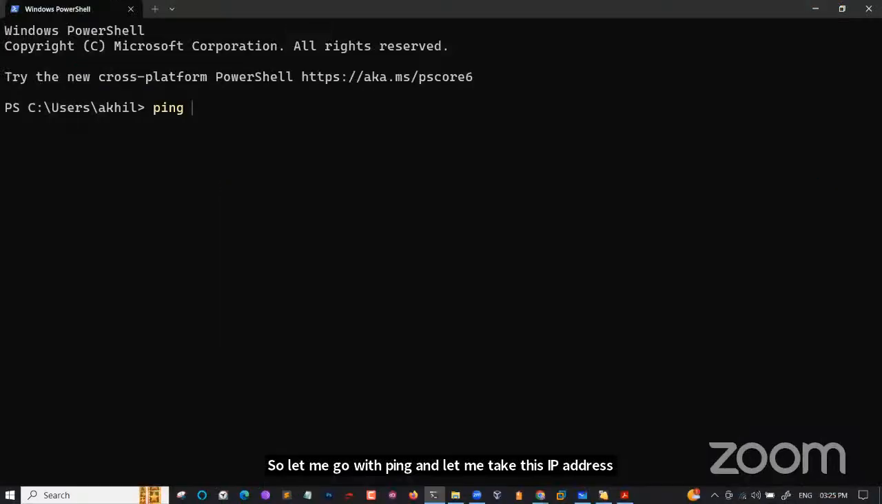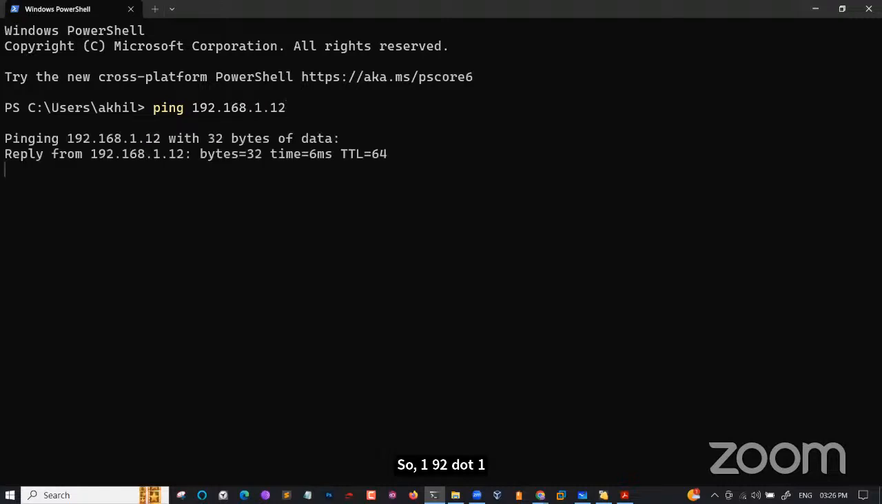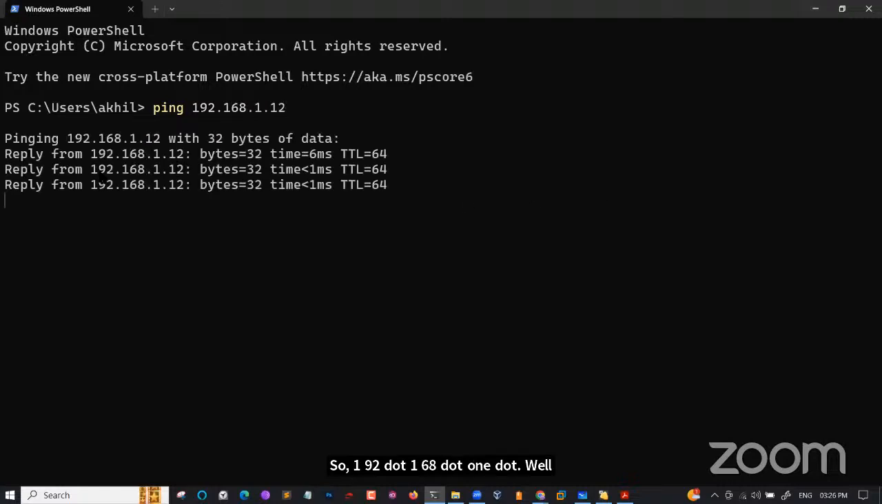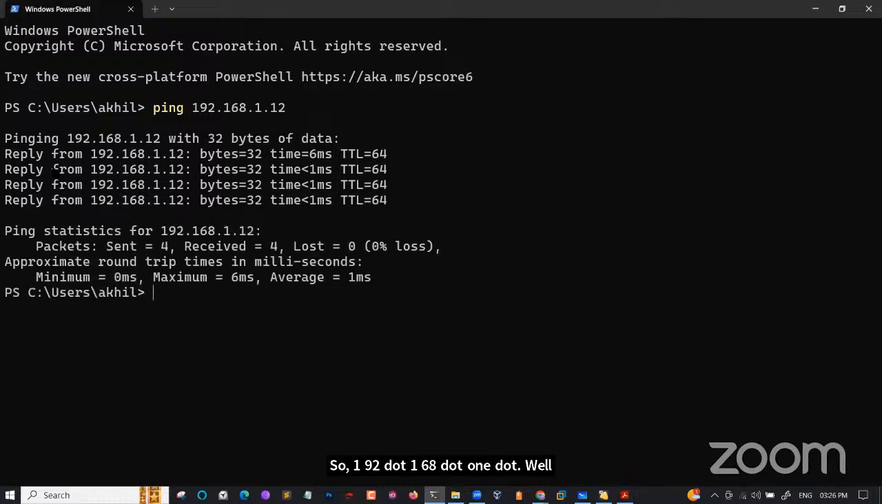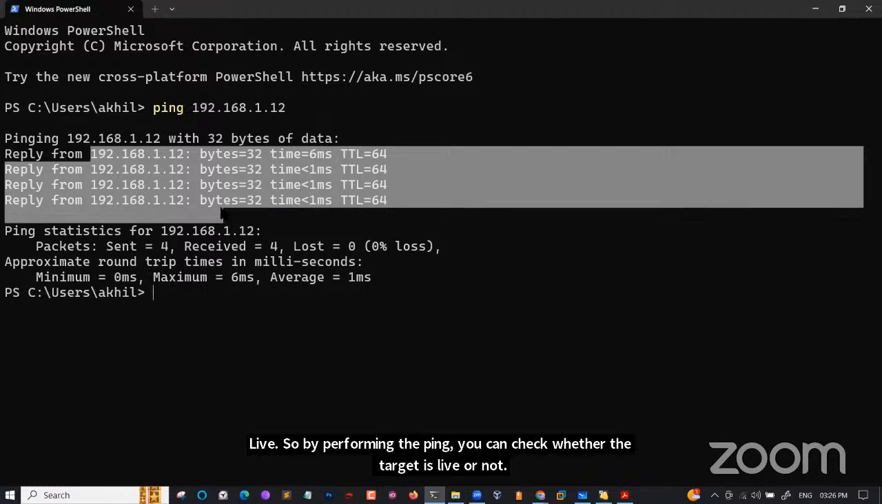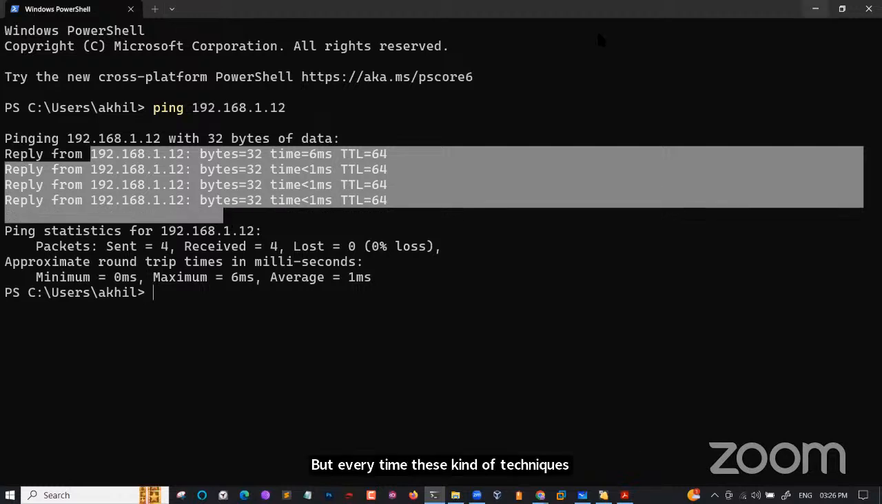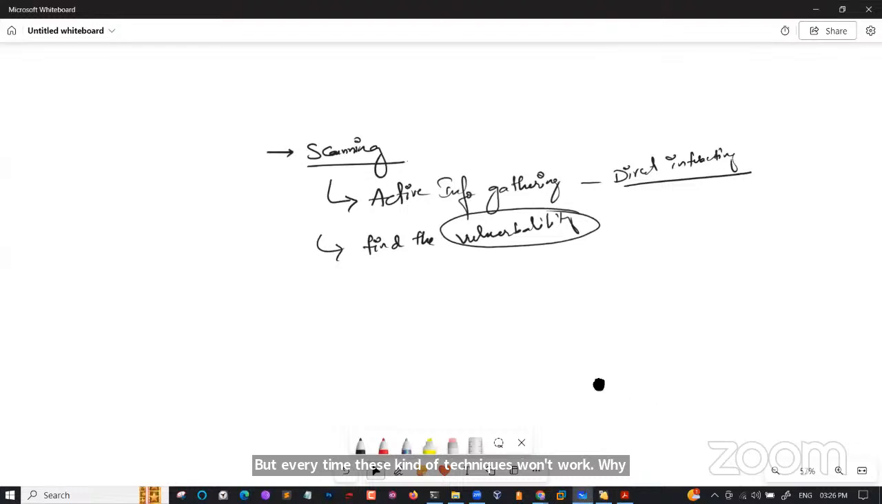192.168.1.12. So when I run, am I getting the response of the target? Am I getting the reply? Yes, that means the target is live. So by performing the ping, you can check whether the target is live or not. But every time these kind of techniques won't work. Why I let you know. So let me take the target here. And remember,